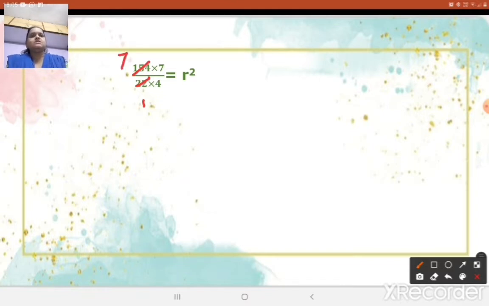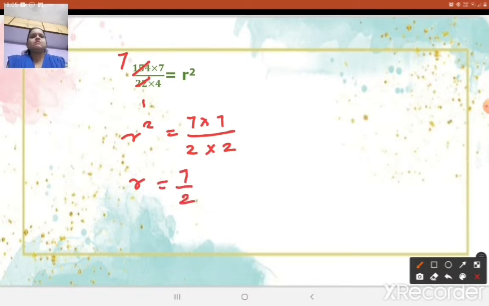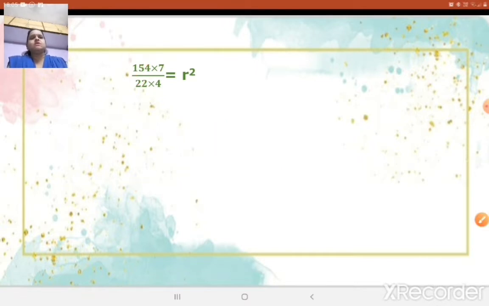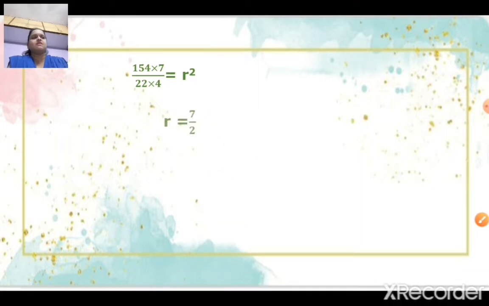So I will get here r square equal to 7 into 7 upon 4, which can be written as 2 into 2. By taking the square root on both sides, what will I get? R equal to 7 by 2. What is the 7 by 2 value? If you want, you can write it in decimal as 3.5 centimeter. So our R is nothing but 3.5